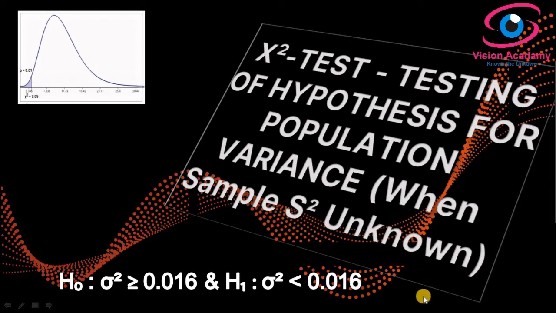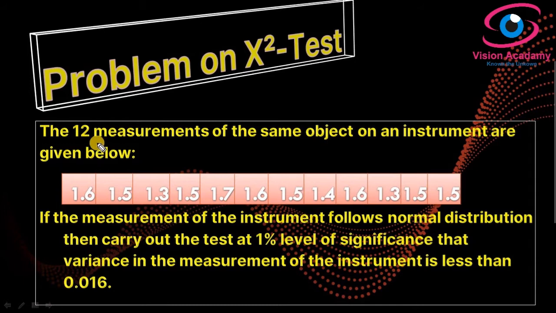Then let us consider a problem for testing a hypothesis. In this problem, 12 measurements of the same object on an instrument are given below. 12 samples of an instrument are given below. And what we want to do is, if the measurement of the instrument follows normal distribution, obviously any chi-square test under parametric test must follow the normal distribution, then carry out the test at 1% level of significance that variance in the measurement of the instrument is not less than the